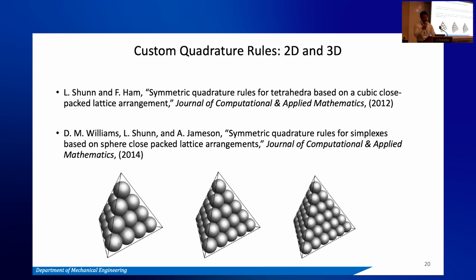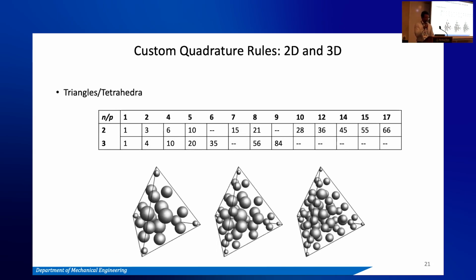You'll note that this exactly represents a polynomial of degree 3, like with this set of points here. Okay, so they're based on these close packed lattice arrangements. And then in the vertical column here, you'll see the dimension. So this is for triangles for this first row here. Tets are in the second row. And then up here, you have the degrees of the polynomials that they can exactly